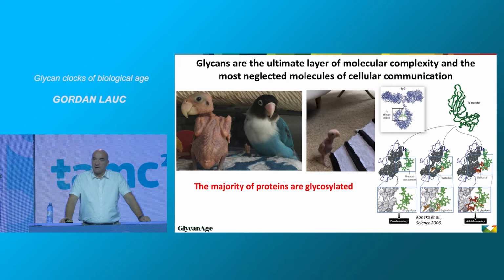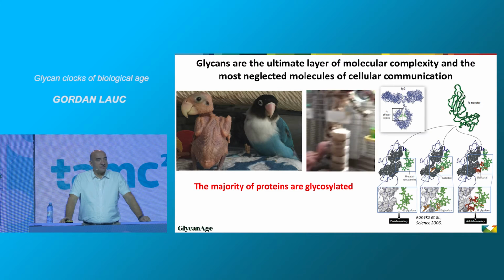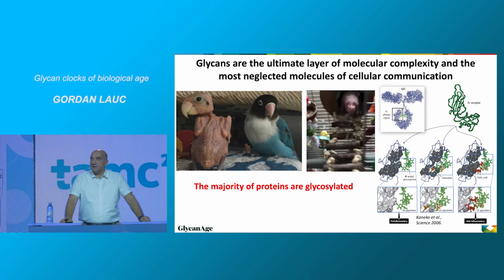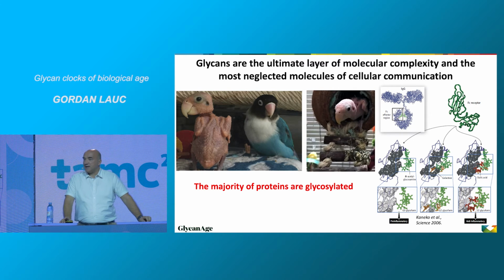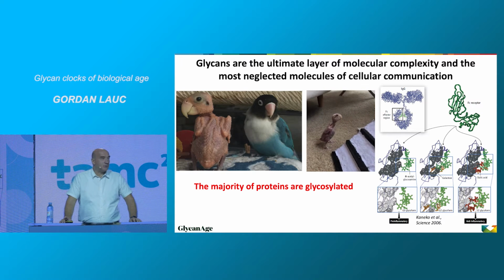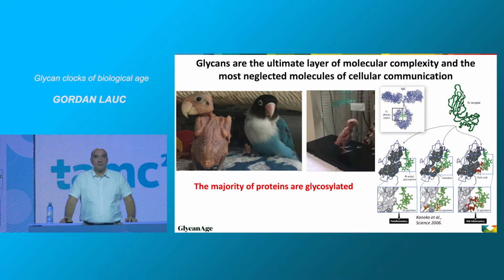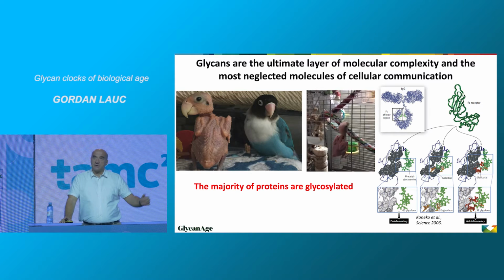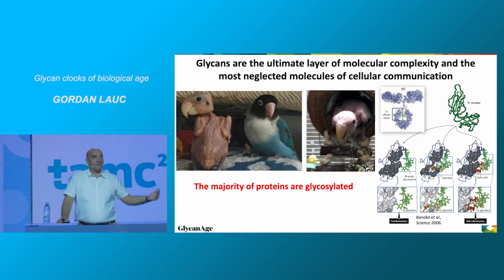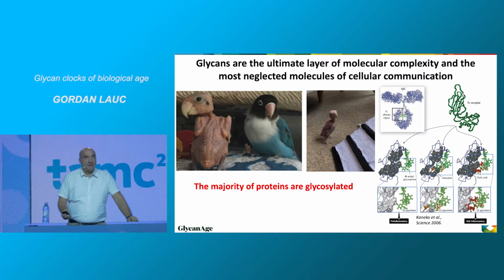The best analogy I can make is this bird on the left, where you have a bird without a single feather. This bird is not a functional bird, and a protein without its glycans is just like a bird without its feathers. It cannot perform all functions, because glycans can change the structure of a protein. If you change the structure of a glycan attached to immunoglobulin, it will convert it from a pro-inflammatory to an anti-inflammatory molecule. So if you are studying only the polypeptide part,